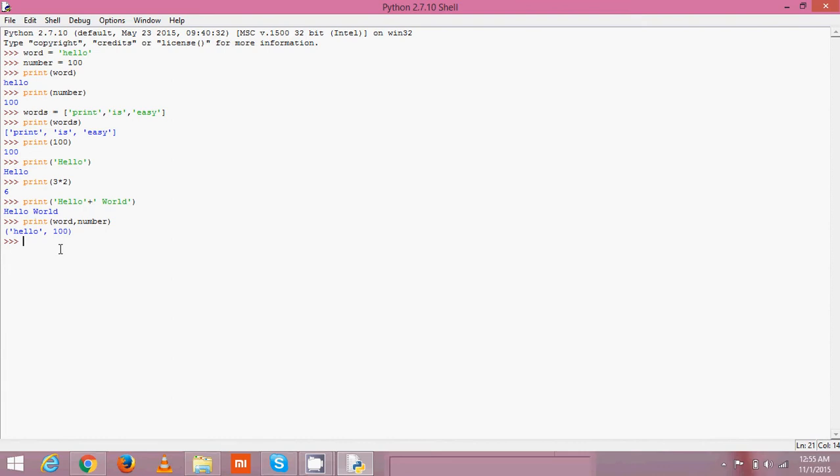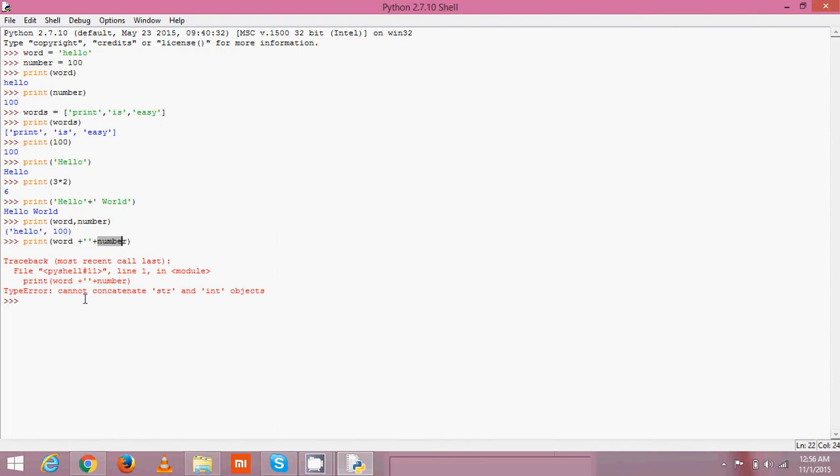But if I want to print the same data using this command, that is print word plus number, this gives you an error because word is of string data type whereas number is of integer data type.